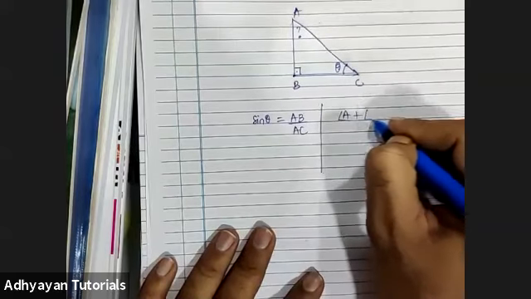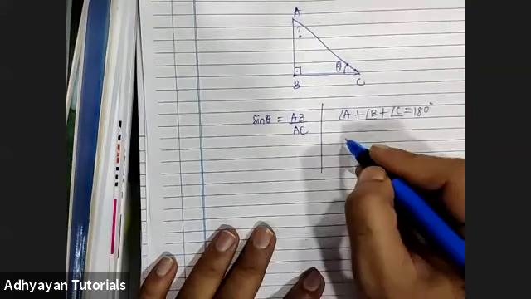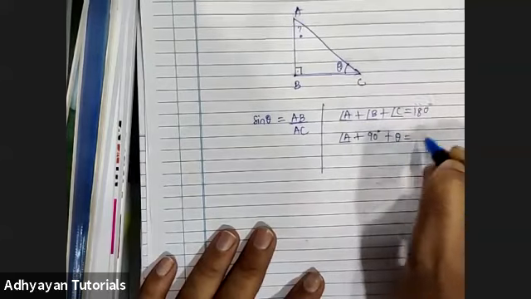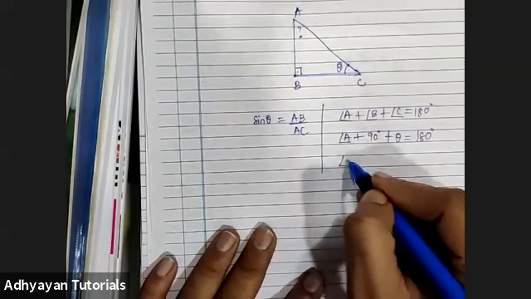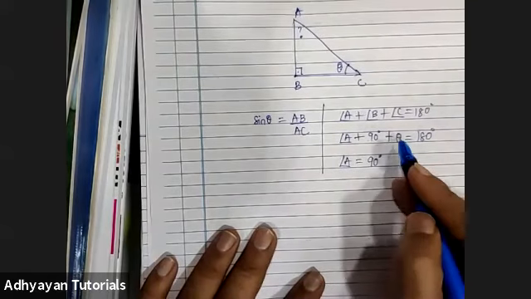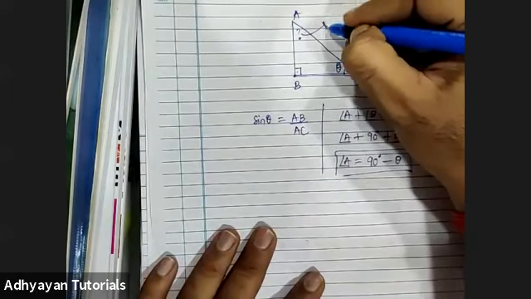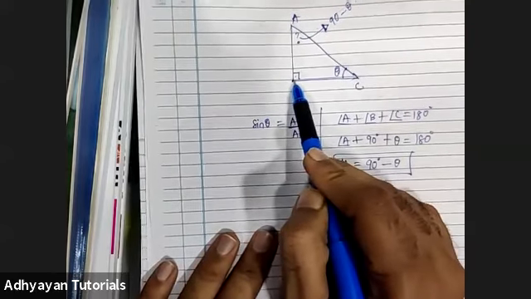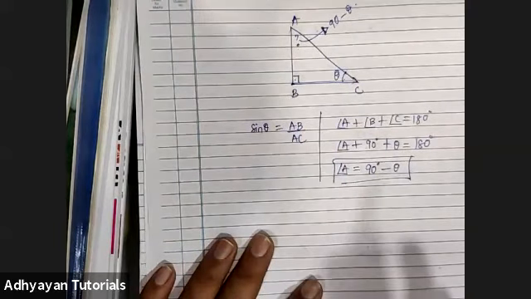Angle A plus angle B plus angle C, when we add all three, we know it comes to 180. Angle A's value we need to find. B is 90 and C we have considered as theta. Children, theta goes to that side, so it becomes minus theta, 90 goes there, so minus 90. So tell me what is 180 minus 90? Definitely 90. Theta goes there, becomes minus theta. So children, A's value is nothing but 90 minus theta. So remember, this is 90, this is theta. So this angle has to be 90 minus theta.